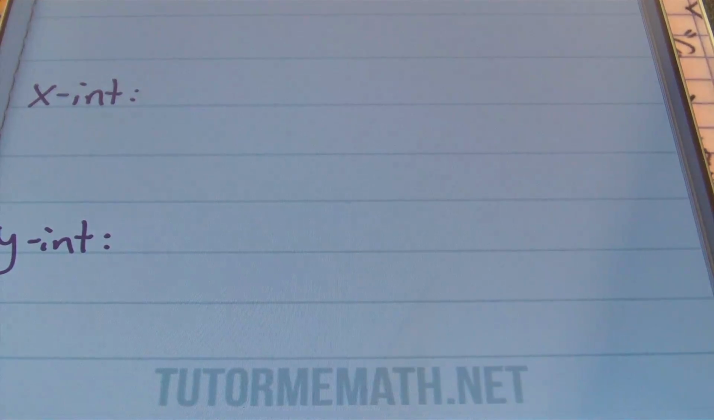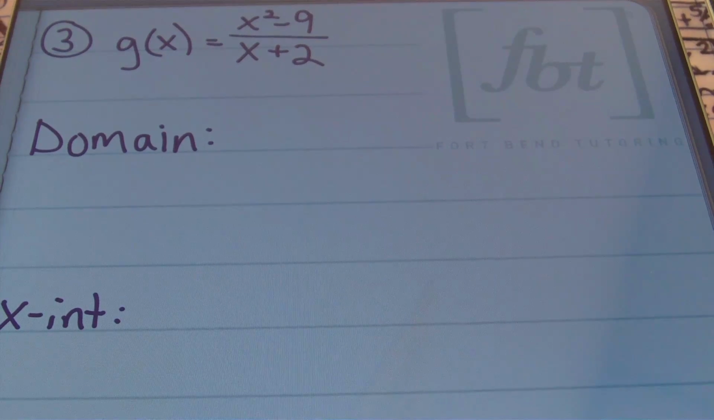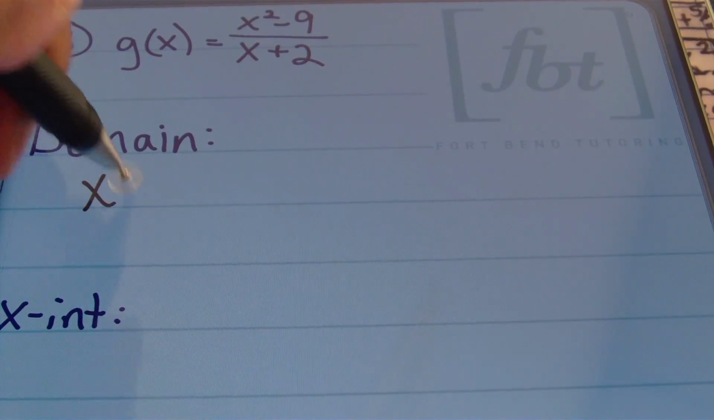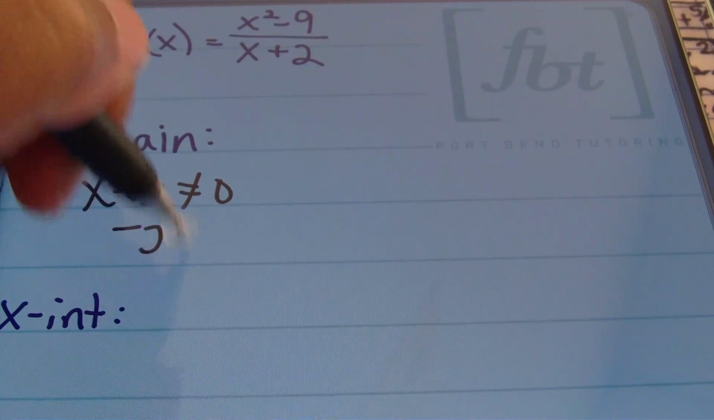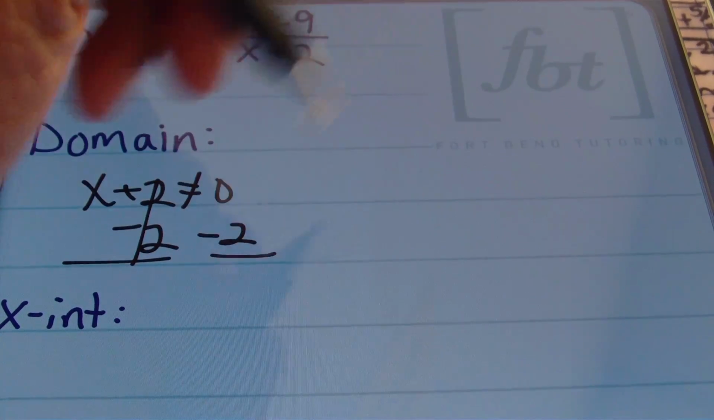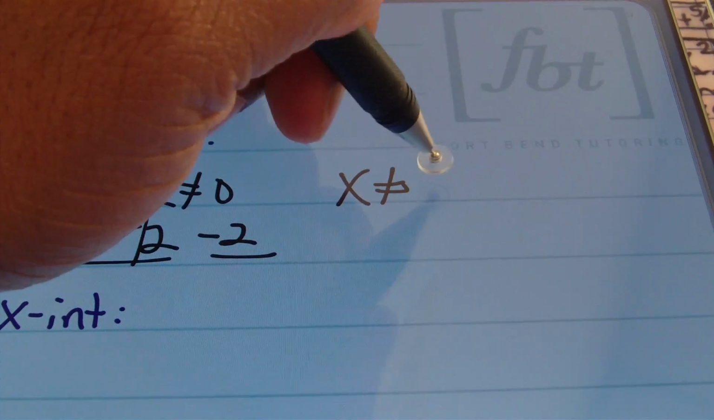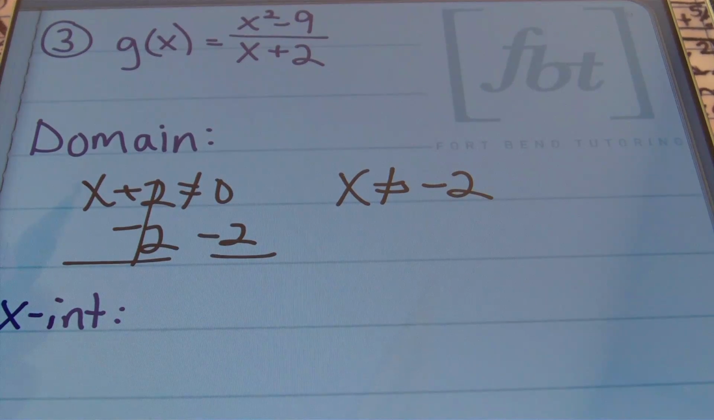On to problem number 3. Here we have it. We have g of x equals x squared minus 9 divided by x plus 2. In order to find out what your domain is, and you want to find the domain first, you're going to set the denominator not equal to 0. So x plus 2 cannot equal 0. To solve for this, I will subtract 2 from both sides. I'll end up with x cannot equal negative 2, and then, for those of you that wanted interval notation,